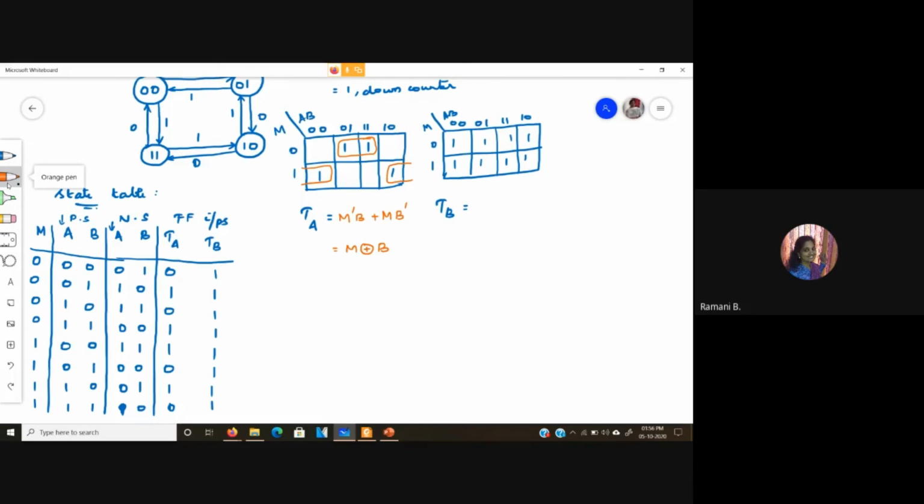Okay, and here it is all ones. So this is 1. So implementing this either horizontally or vertically, any way you can draw, it is just our convenience.